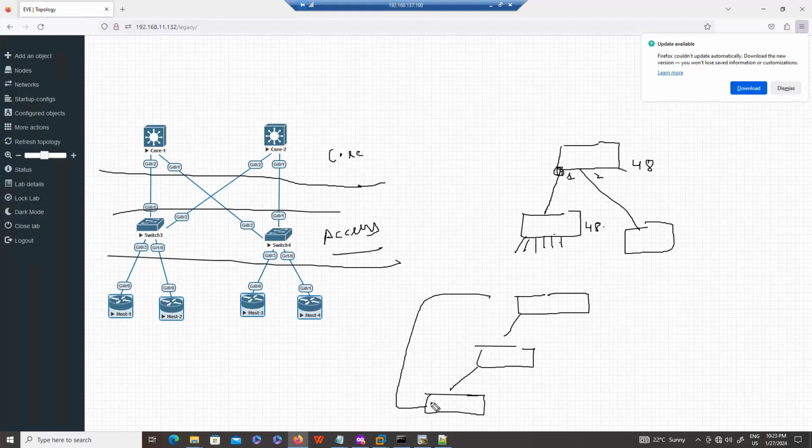You have a core, you have a distribution, you have an access. Because if you see this design, a single port is further extended to 48 ports, and even this switch port is further extended to 48 ports. Ultimately you will get more ports and you will connect more devices.